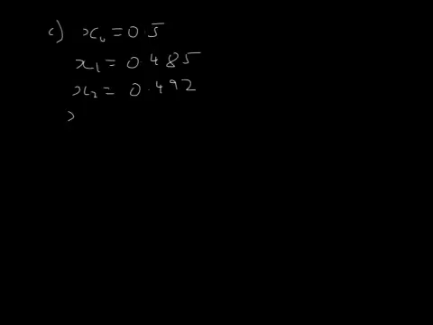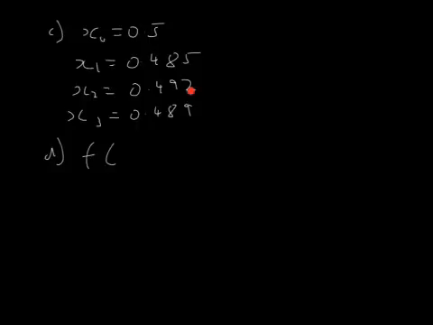Then in part C, we know that x0 equals 0.5. Let's put 0.5 into that iteration, and x1 works out to be 0.485. x2 works out to be 0.492, and x3 works out to be 0.489. Just substituting those values back into the expression. And then in part D,